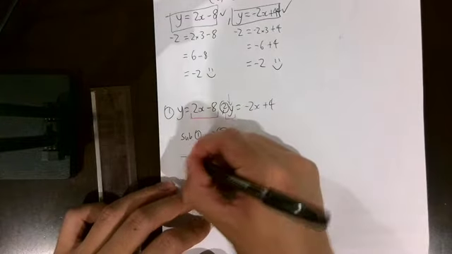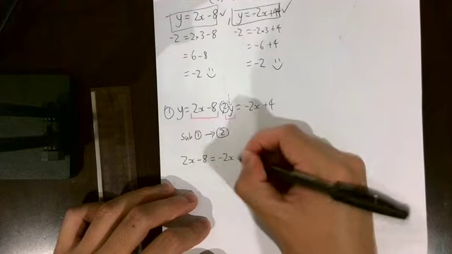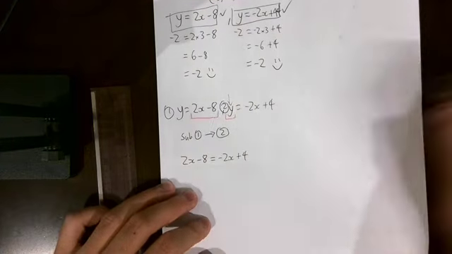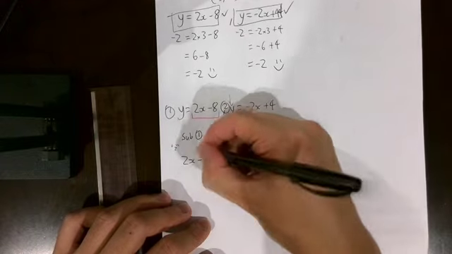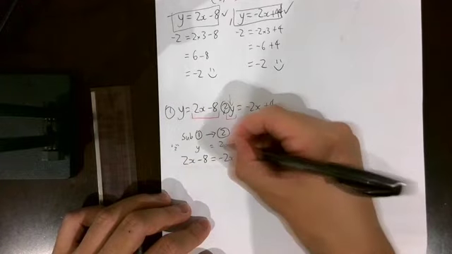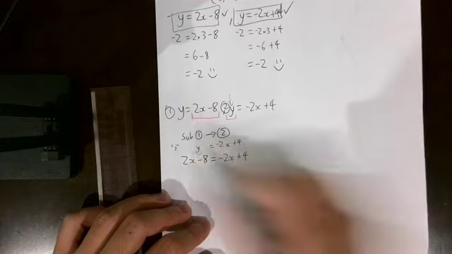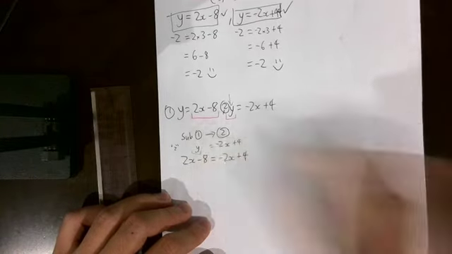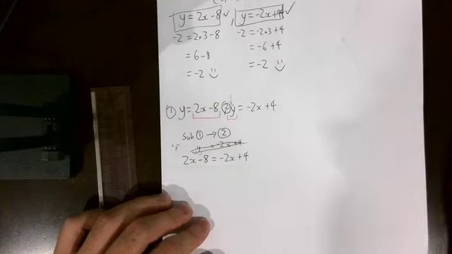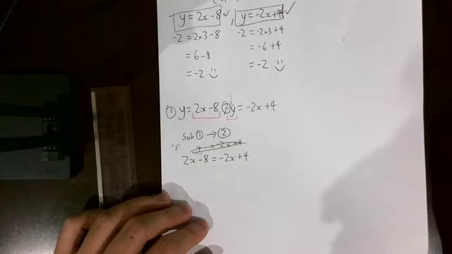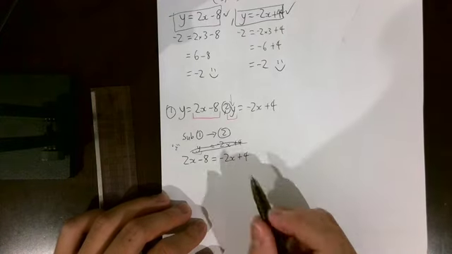So what that will look like is we would end up writing 2x minus 8 equals minus 2x plus 4. Now, if we're just looking at equation 2, we started off with y equals minus 2x plus 4. And what we've just done is we've substituted the y from equation 1 into the y in equation 2. Now, you'll notice that we no longer have any y values, and we can actually then